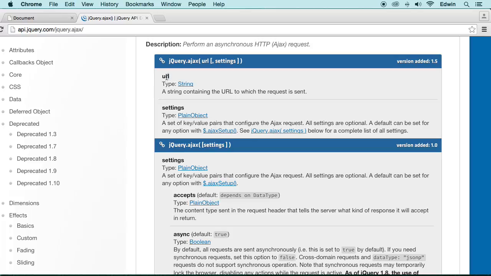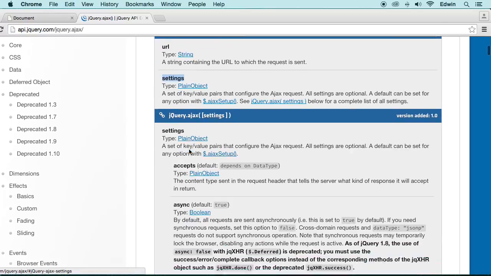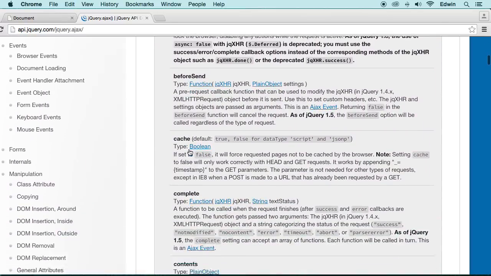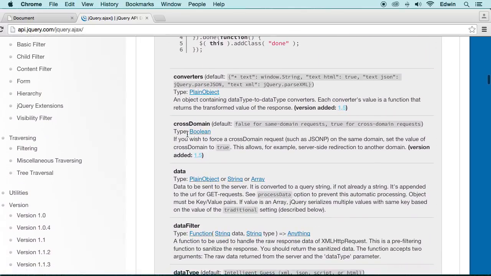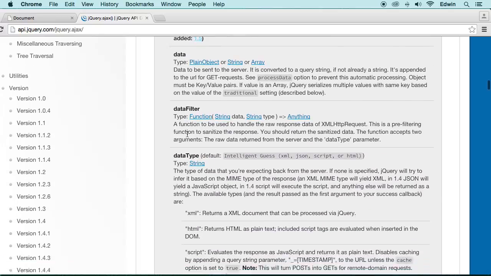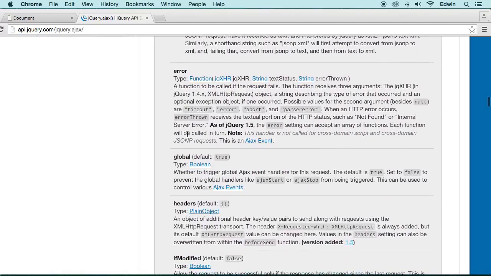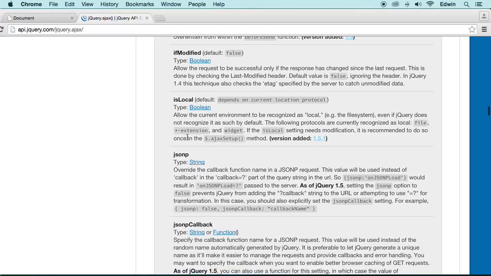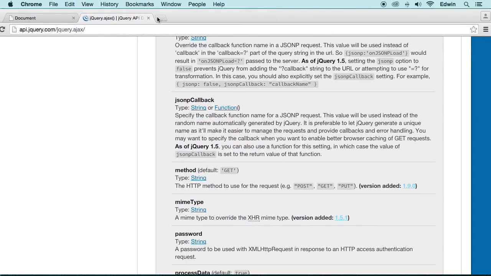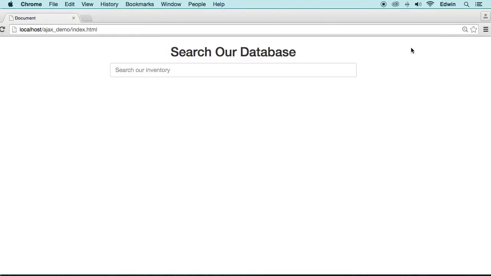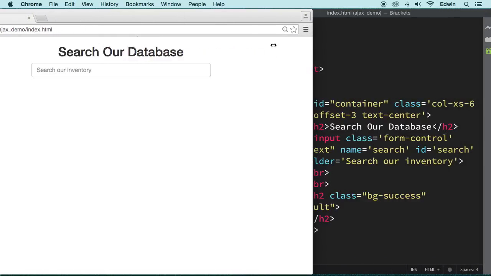We can pass a couple of parameters there, and you're welcome to read this documentation. If you don't know jQuery, this might look very confusing. Don't worry, I'm going to show you how to use this. So let's go ahead and start using it. Let's open our code editor,